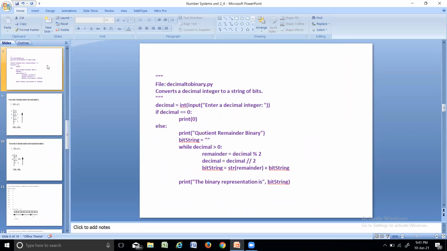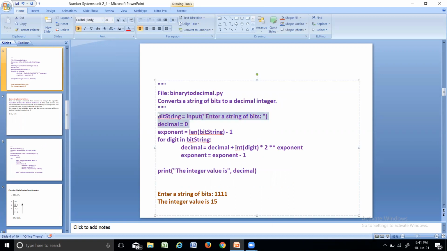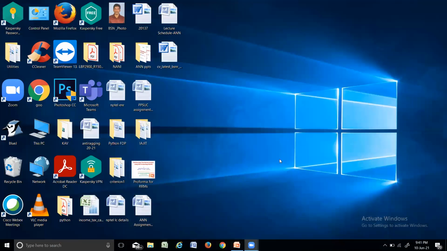I'll start with the previous program. Let us copy this program for converting a binary number into a decimal number. I will open IDLE here.